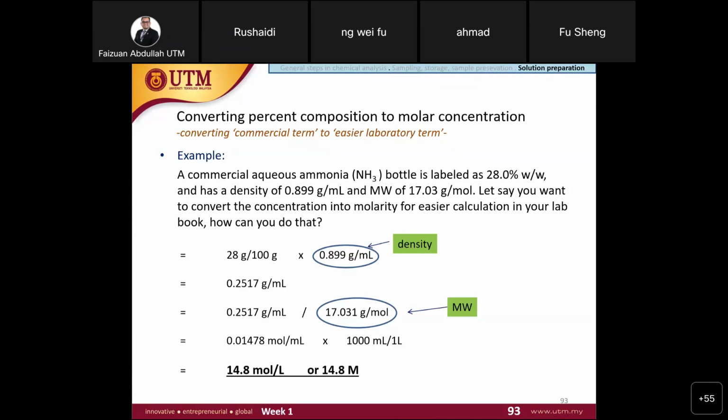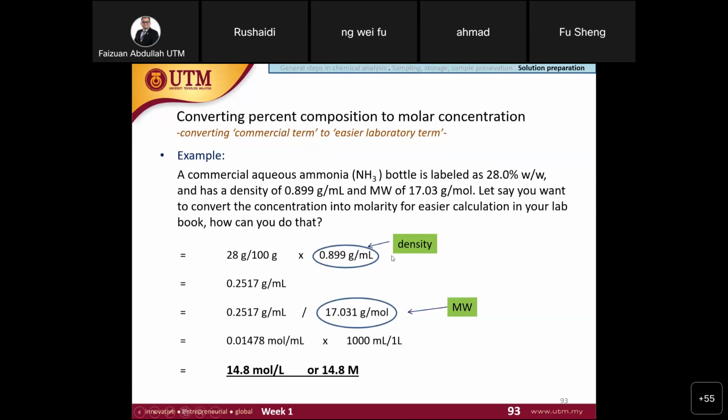So how much is 1 mL? When we convert to liter, now we got 14.8 molar of the ammonia. When I say molar or molarity, it is mole per liter, or just labeled as M. Okay, you got it,